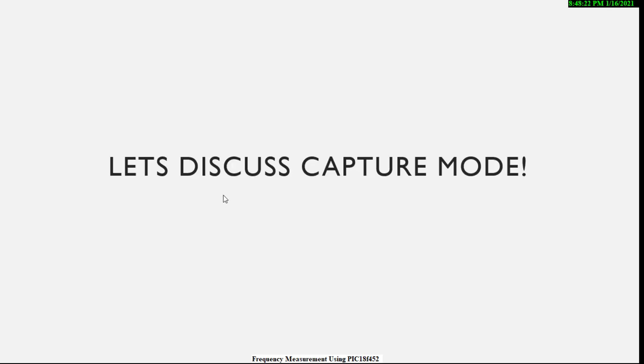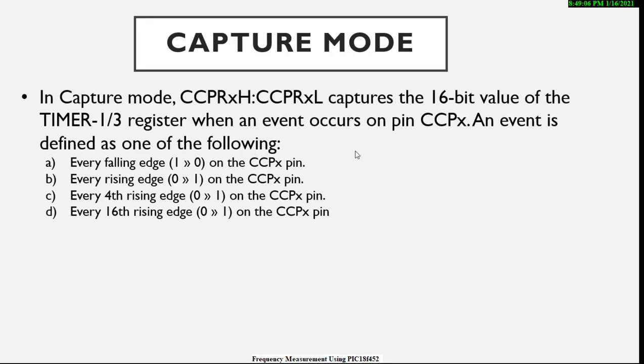As we have already become familiar with the CCP module of the PIC microcontroller, now we move towards the capture mode of the CCP module, as capture mode is the main working logic. As we have already discussed the function of capture mode, in capture mode there is a 16-bit register named CCPRx. Now what is x? Here x means whether we are using the CCP1 or CCP2 pin of the PIC microcontroller.